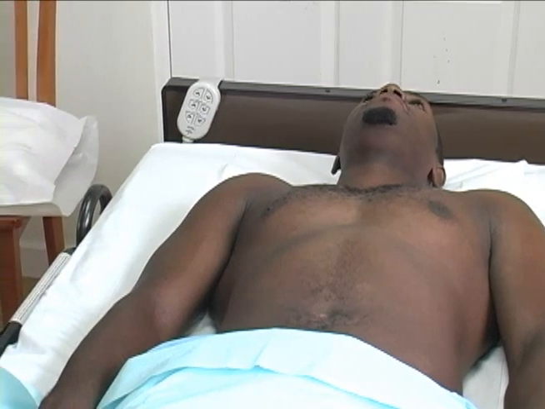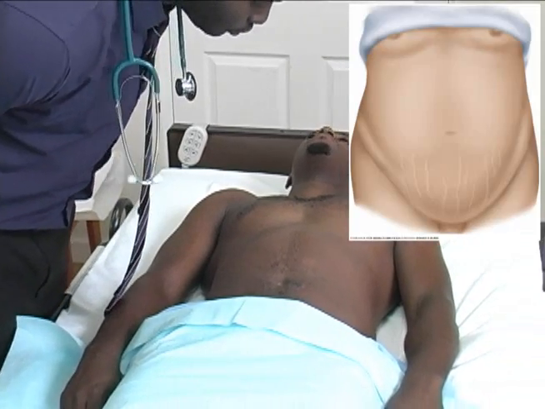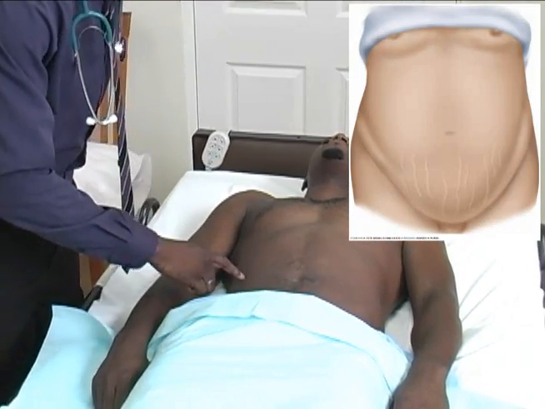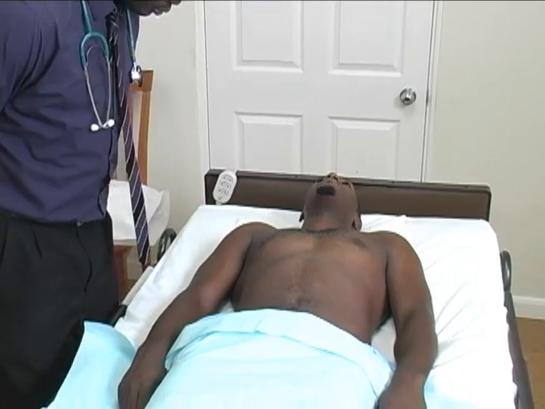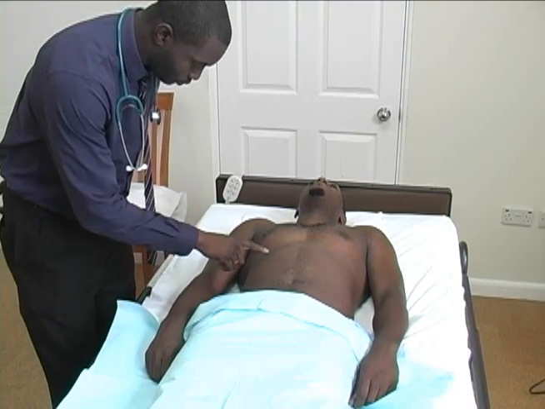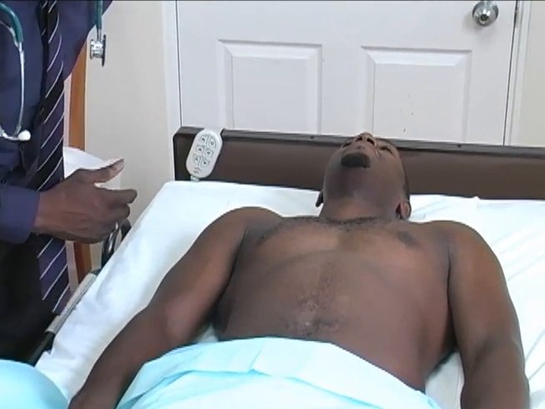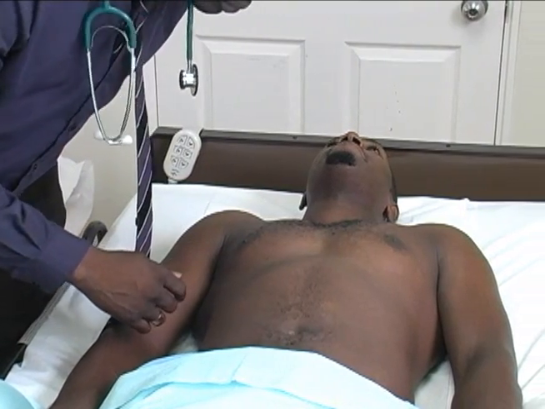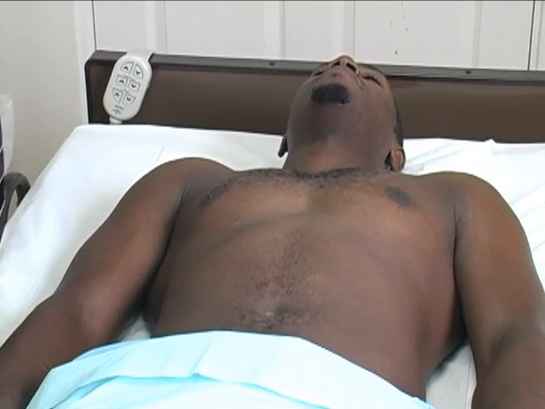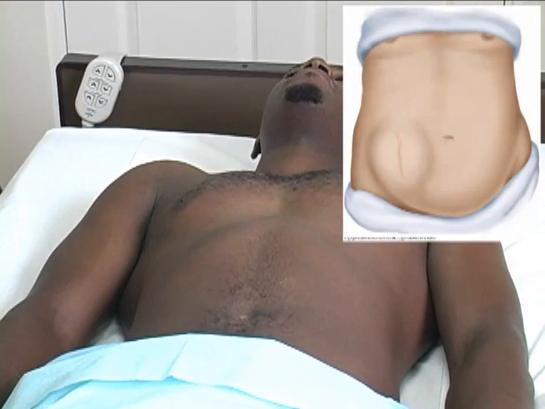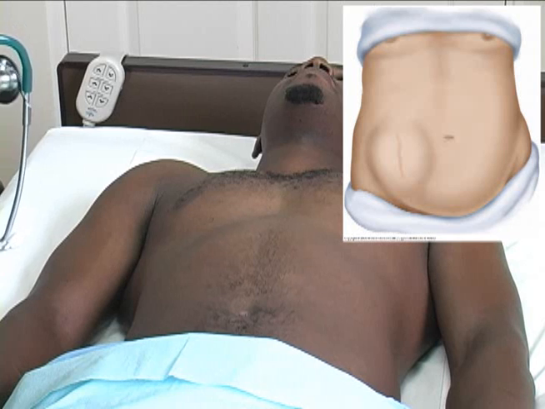First, examine for evidence of skin changes, and these include changes in color. Look for evidence of striae or stretch marks. Look for evidence of ecchymosis and bruising. Look for scars which may indicate previous abdominal operation. Look for engorged veins, spider angiomata, or caput medusae. Examine for evidence of masses,